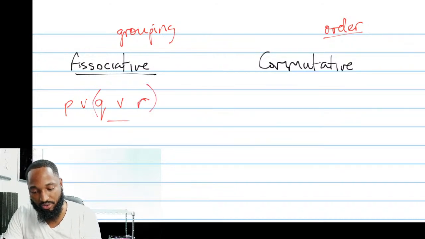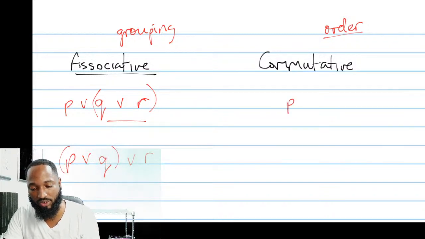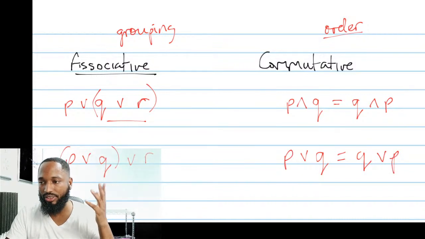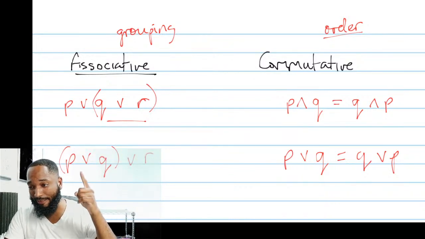Associative says if I do this first and then come out with that, it is the same as if I did this, and I don't think this will be tested in your multiple choice. Commutative says it doesn't matter the order. So if I have P and Q, it's the same as Q and P. Once again, these are just little frivolous things, there's nothing to memorize. P or Q is the same as Q or P. You know, order, unimportant. Which one you do first? Unimportant. Once it's the same operation.